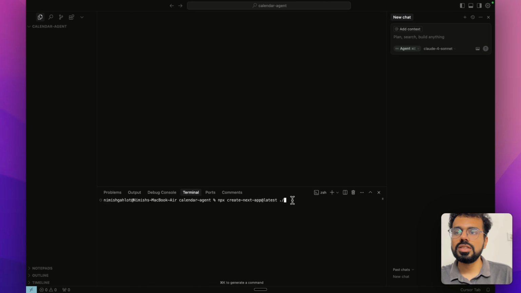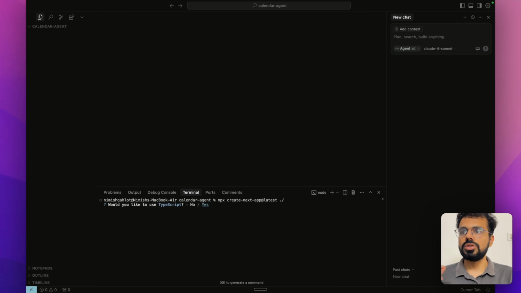I have to type in this command, npx create-next-app@latest, and then there is a dot and a hyphen. This is a way of installing all the required files for Next.js, basically the app framework that we are using. And the dot and the hyphen at the last basically means that we want all of the files within this folder itself. Once I press enter, it will ask me a bunch of questions around how I want my app.